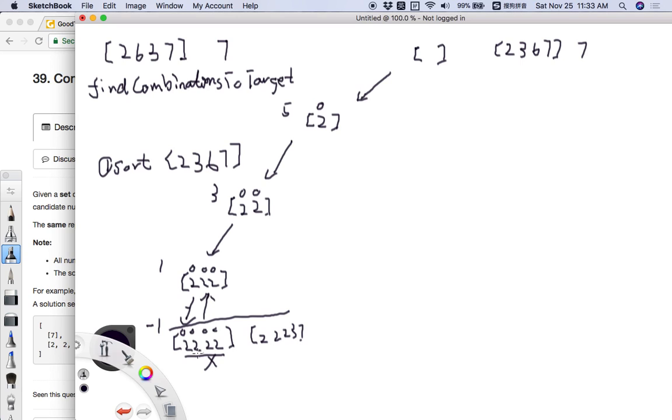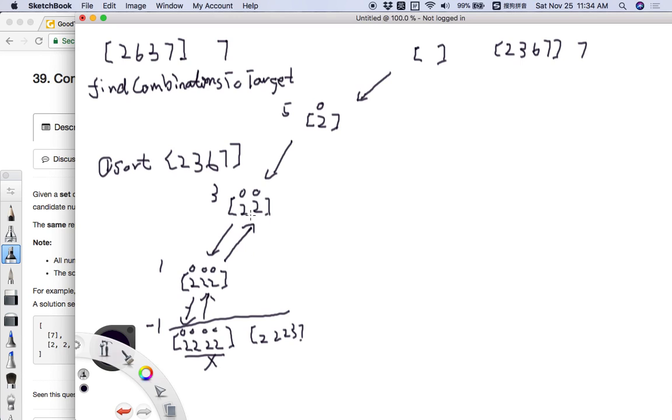Because it's in ascending order, you see why we sort this array first. It's because this is a sorted array. If the first element 2 is already added to the combination and the sum is already greater than the target, the next one, like 3, would be greater than the target even more. So we can skip this level. Going back to this level, this is finished, and we go back to the level 2,